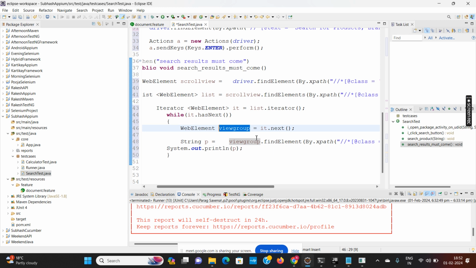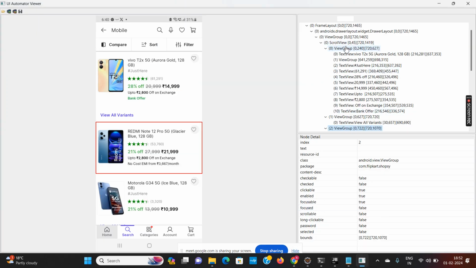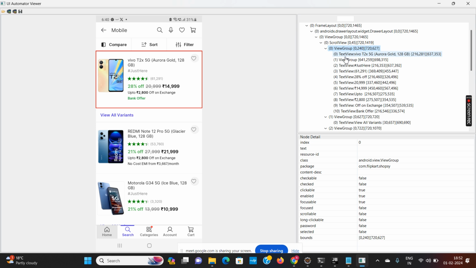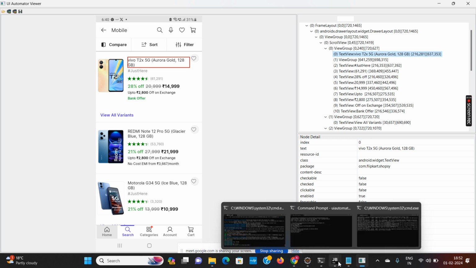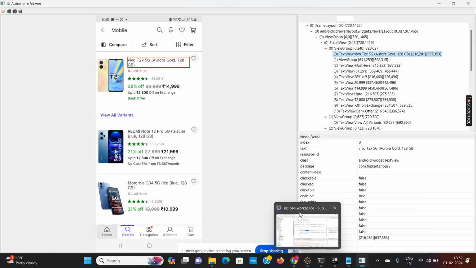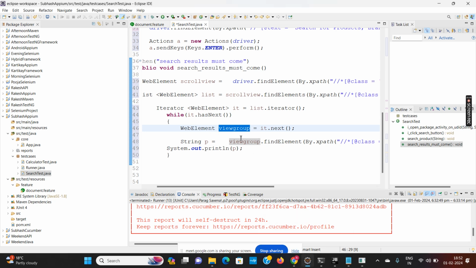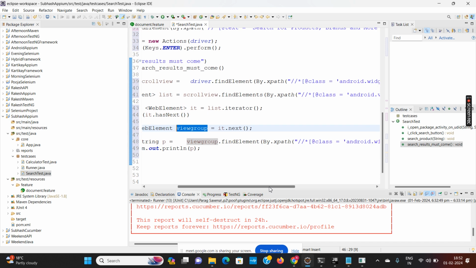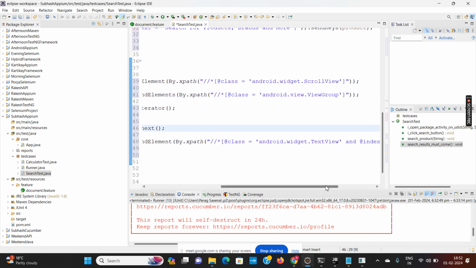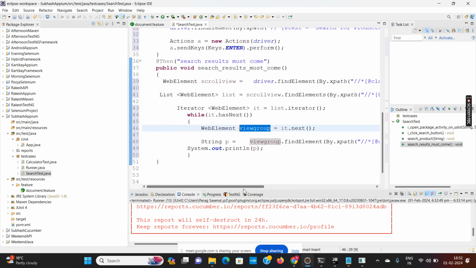Inside the view group again we have multiple text views. I want to get the text view for the zero index. So I have written inside the view group again get the text view with the index 0.